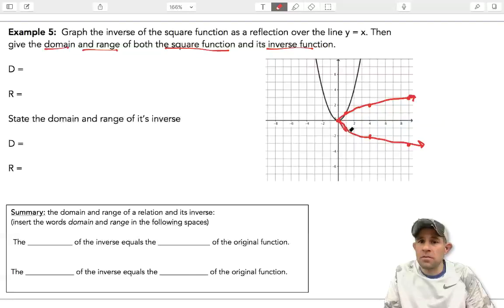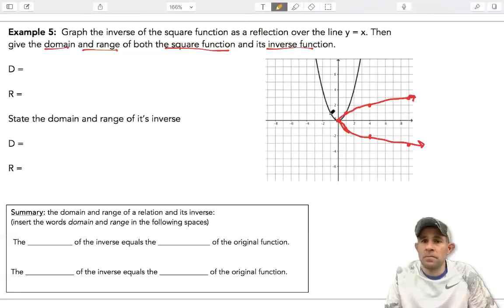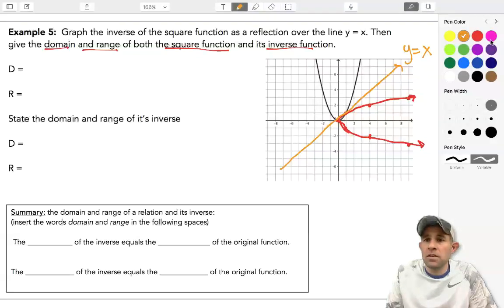It looks a little bit smoother there, but there you have it. This is the inverse. And you can see here if we change colors and throw our y equals x line in here, here's our reflection line of y equals x. You can see that they're reflection images of each other. And we can also see that